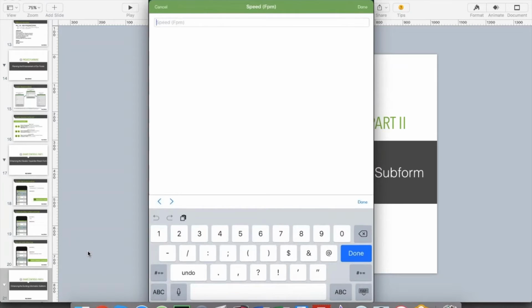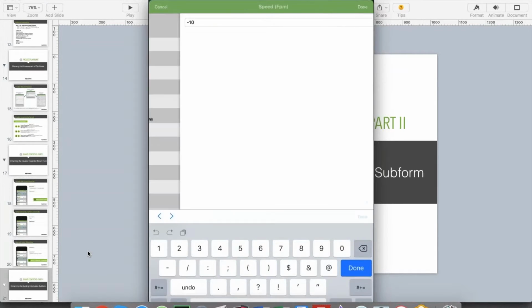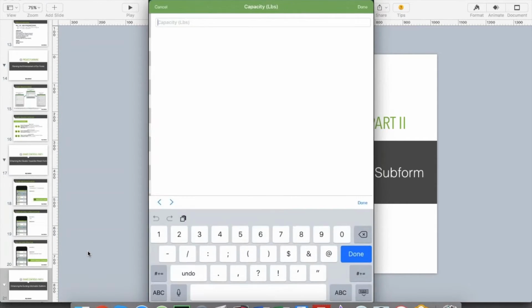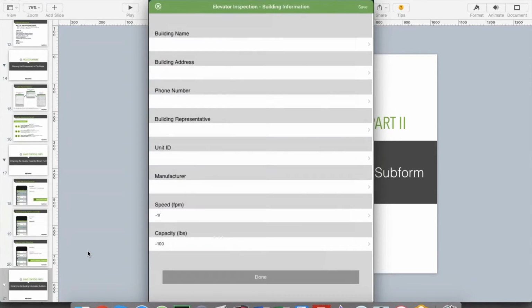If I enter a value for speed, say a negative value, say our elevator is going to move negative 10 feet per second, which doesn't really make sense. And its maximum capacity is going to be something like negative 100 pounds. Neither of these values make sense. If I try to submit this form,